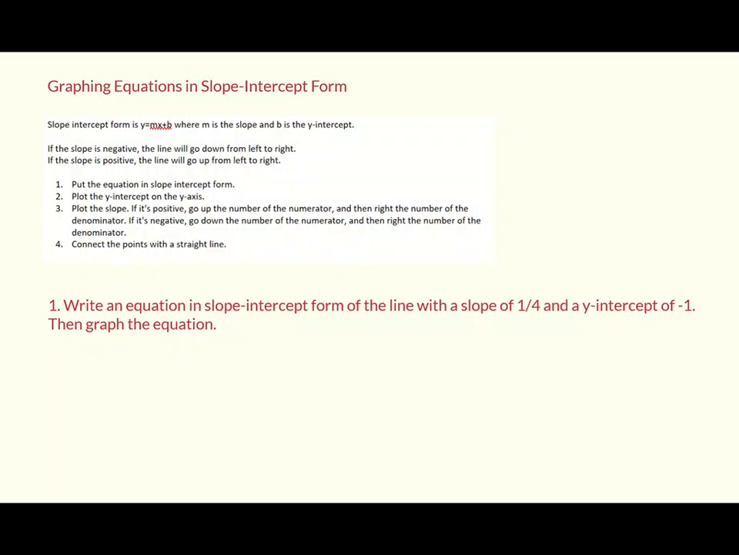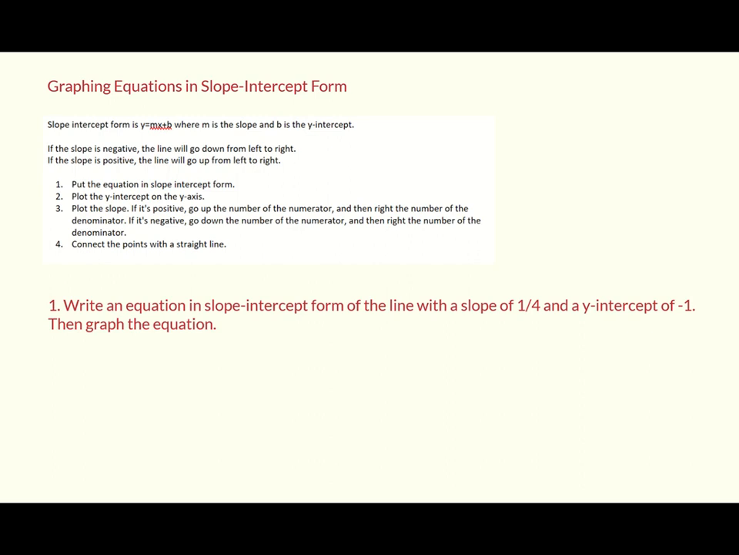In this section, we'll be learning about graphing equations in slope-intercept form. Slope-intercept form is y equals mx plus b, where m is the slope and b is the y-intercept. All right, so first, in this first problem, we have to write an equation in slope-intercept form with the line